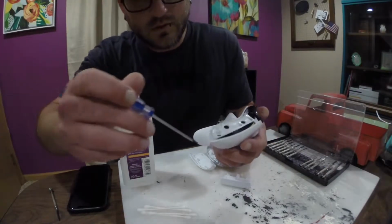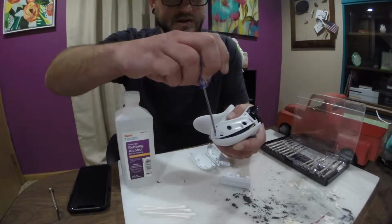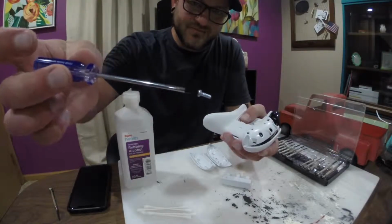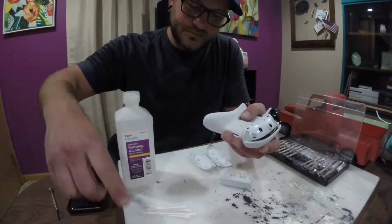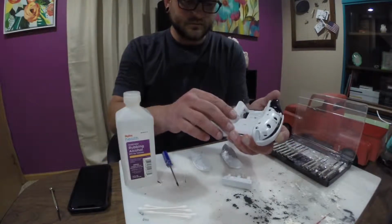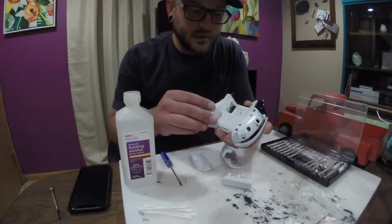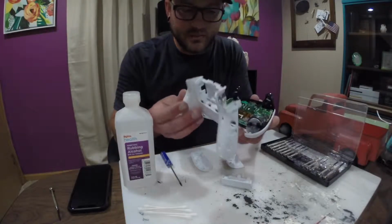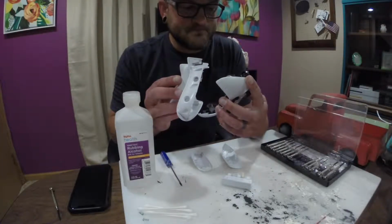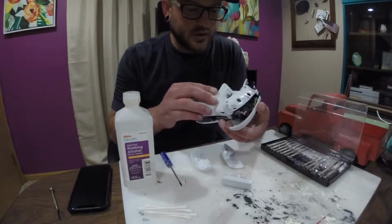So now, we just have to take out these screws. It's super easy with this tool. This tool is amazing. Oh, and did I mention? It's magnetic. That's so nice. Alright, so now we have all the screws removed. It's time to open this thing up. And I can't remember. Okay, the back just lifts out. But that's not the side that we want to worry about. We need to worry about the front, because our problems...